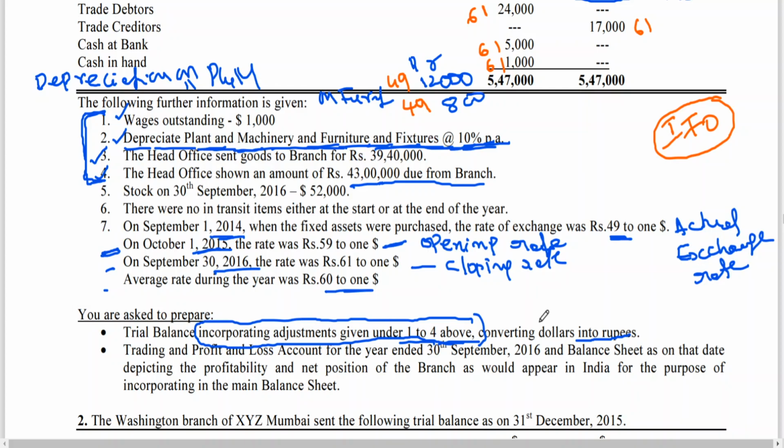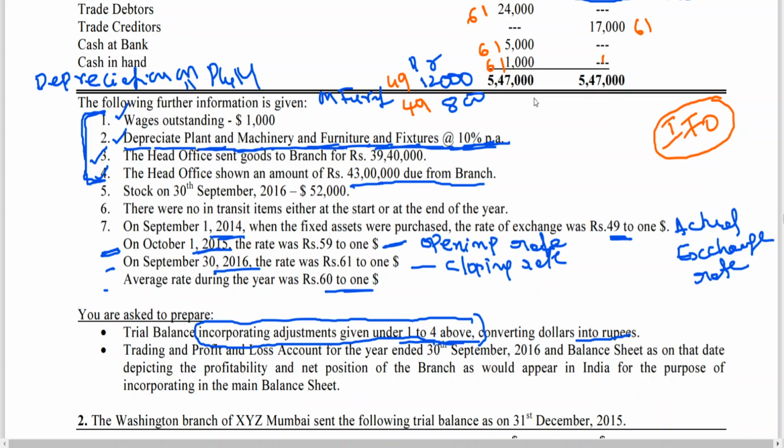The difference in exchange, this point you should remember. After preparing the trial balance, we will definitely have a difference in exchange rate. If it is an integral foreign operation, the difference will be taken to the profit and loss account, since we are preparing the P&L account. And if it is a non-integral foreign operation, the same thing. How will we know, sir, whether it is a gain or loss? If the difference is on the credit side, we are getting a gain, my dear friends. If the difference is on the debit side, it is a loss. Clear to all of you?